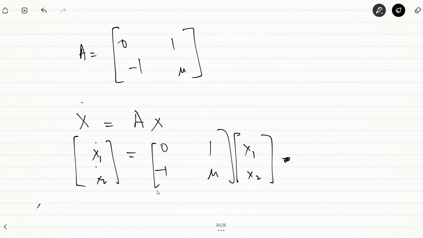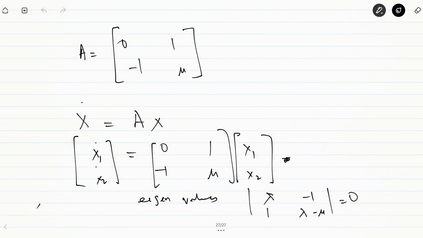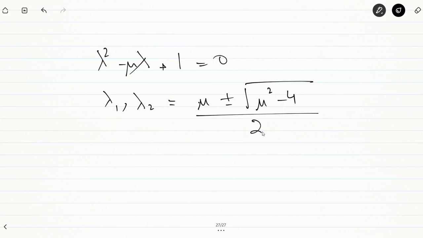Now if we have this equation, we can say this system will be having, इसके जो eigenvalues होंगे वो क्या होंगे, substituting determinant of lambda I minus A equal to 0, you can find out the values of lambda 1 and lambda 2, that means lambda square minus mu lambda plus 1 equal to 0, so lambda 1, lambda 2 जो इसके roots होंगे, that will be minus b, that's plus mu, plus minus under root of b square minus 4ac, mu square minus 4ac, divided by 2a। So these are the eigenvalues now of this system।